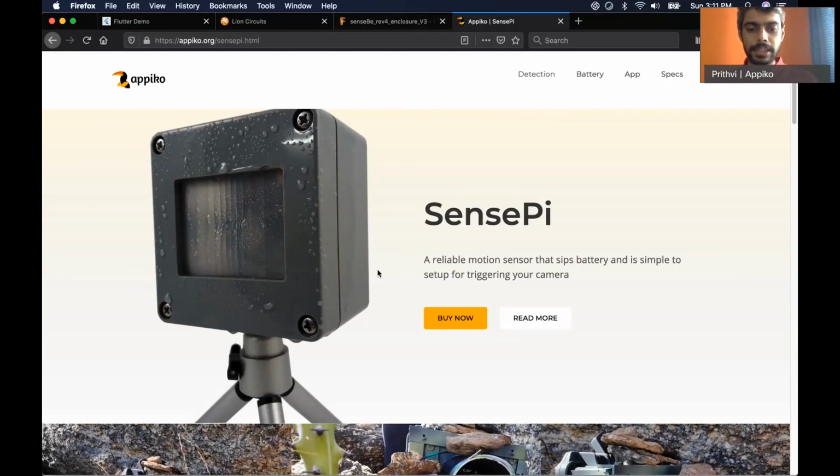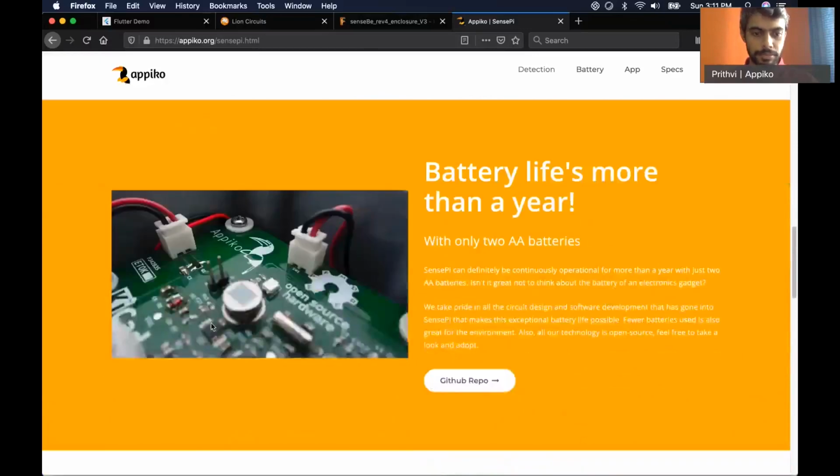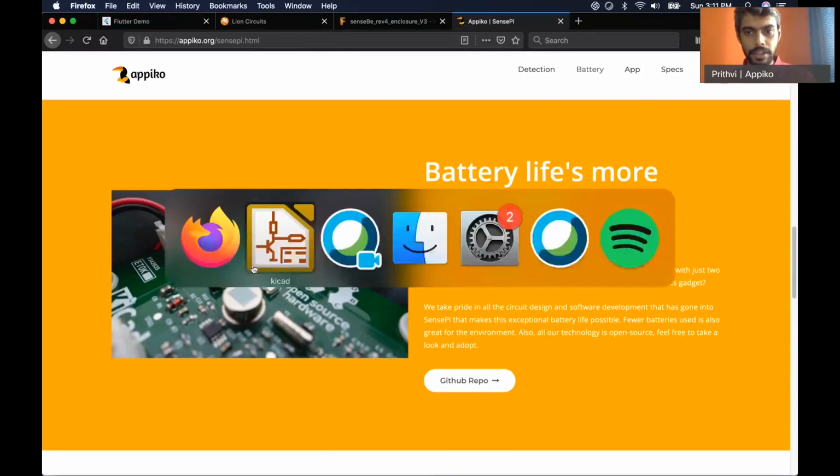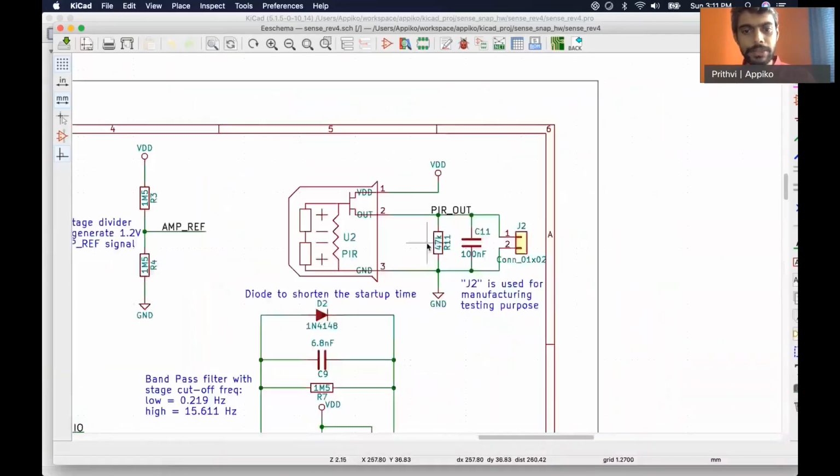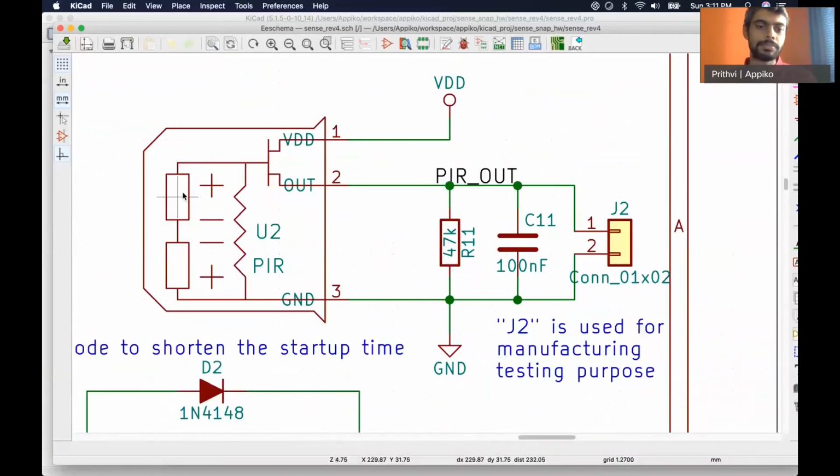So the PIR sensor is what you can see here. PIR sensors are usually dual element sensors, but sometimes it can be a 4-element sensor. What we mean by dual element sensor is that there are two elements in the PIR which are in series but in flipped direction.